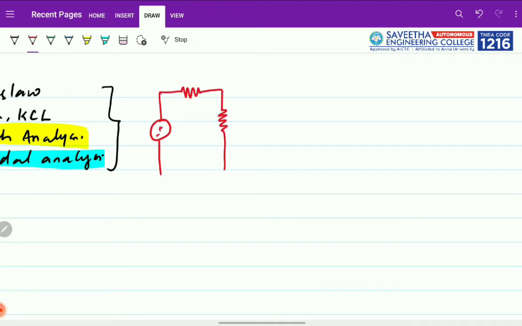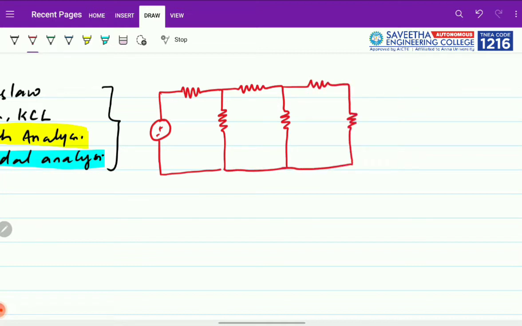So you have the resistors connected in series and parallel. So this is the circuit here. We have various resistors, that is R1, R2, R3, R4, R5 and R6 or something like this, given